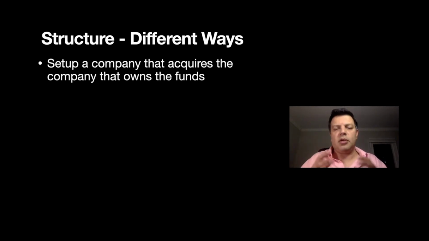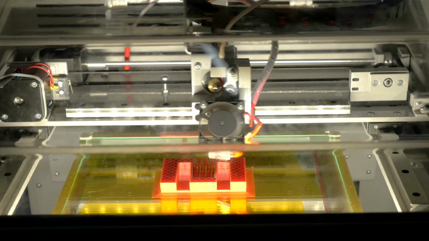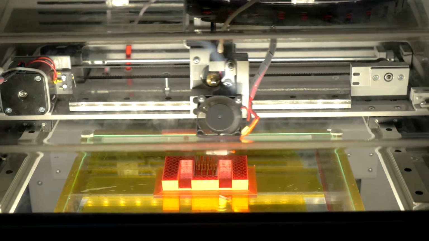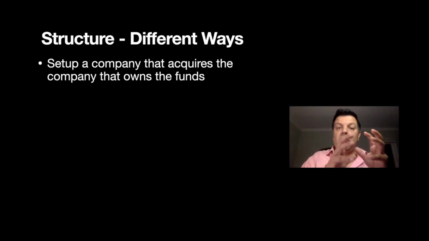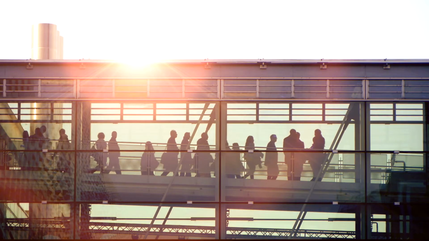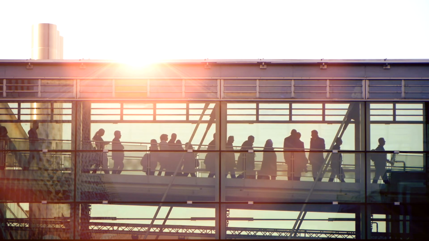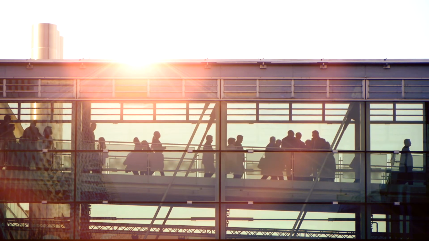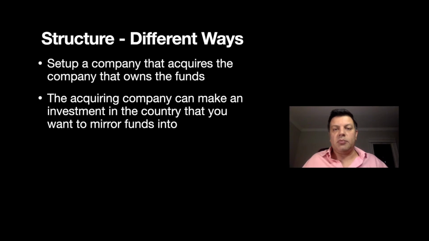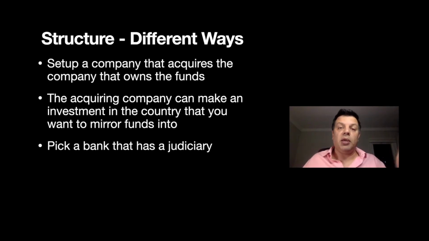There's lots of ways of doing this, but you may want to set up a corporation in country B, and then you want to have the corporation in country B acquire and buy the corporation in country A where you want to mirror the funds into. The acquiring company wants to make an investment, then you want to pick a bank and a country that has a judiciary